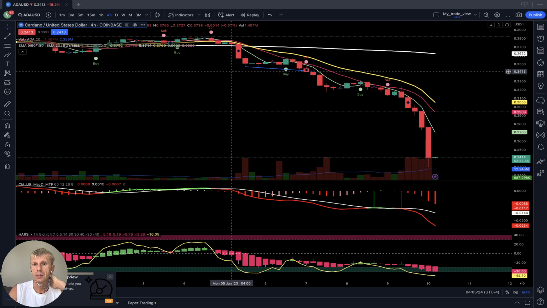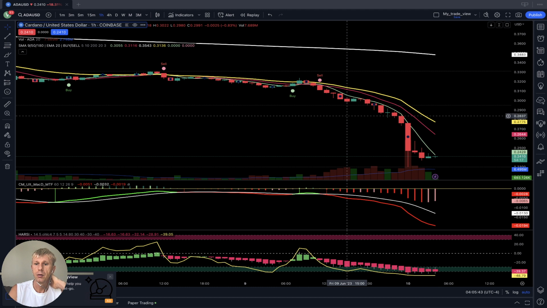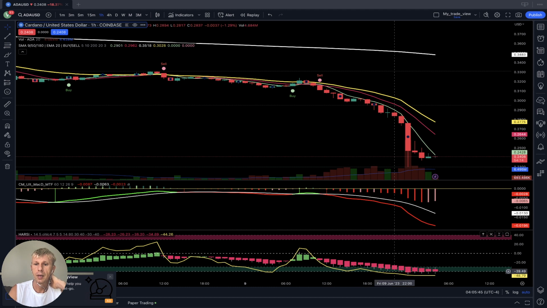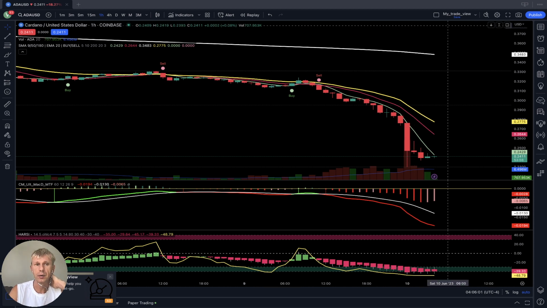4 hours time frame, same huge sale on the 4 hours time frame. Last bar disconnected from 20. MACD red, Heikin-Ashi very oversold, RSI very oversold. 1 hour time frame, similar, very oversold, very negative. You see, like I told you, when it's on the oversold territory, it can stay very long time in oversold territory. Yeah, very oversold on 1 hour time frame also. It's very oversold on all time frames.